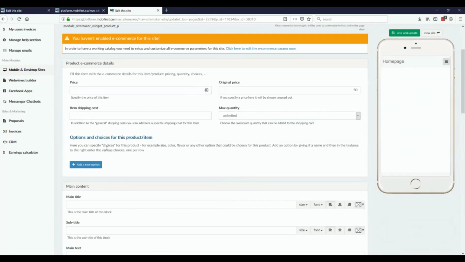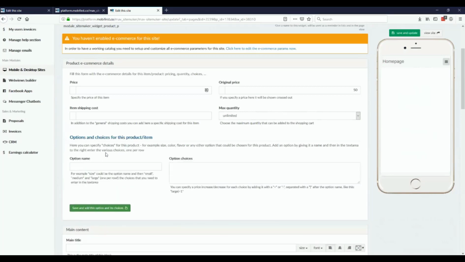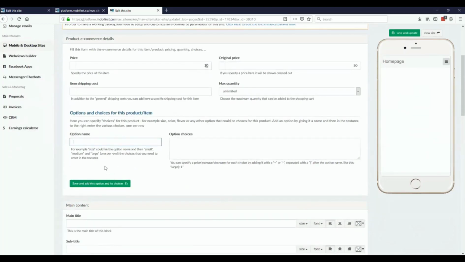And for options and choices for this product, this is where you would do different styles, like it says here, different size, colors, or flavor. So what you can do is for an option, you would just add the option name and the choices. So for this one, because we're doing cakes, type in flavor. And then here is where you would type in your different options, basically. You can do vanilla,